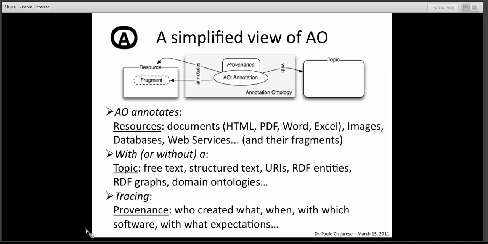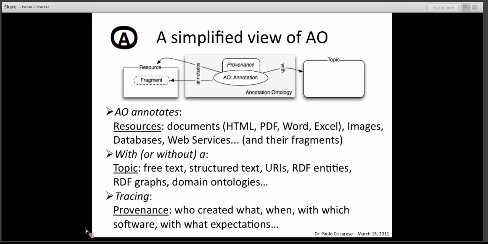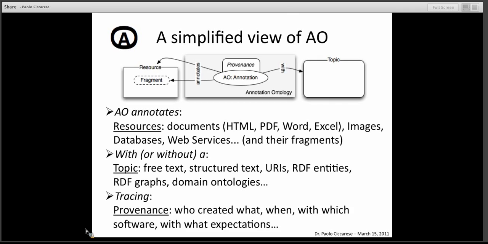Documents can be of different formats. We work mainly on HTML and hopefully very soon images. But again, other people are already working on databases, web services, and their fragments. Finally, again, the provenance is crucial. We want always to know who did what, and when I say provenance, I mean provenance at the finest grain level of granularity. Each relationship that is created through the tool that you're going to see